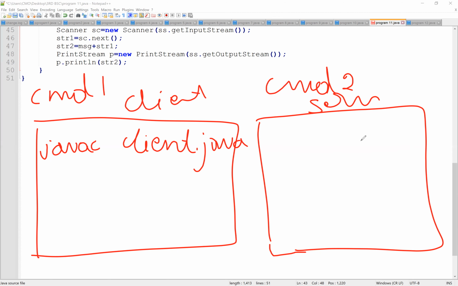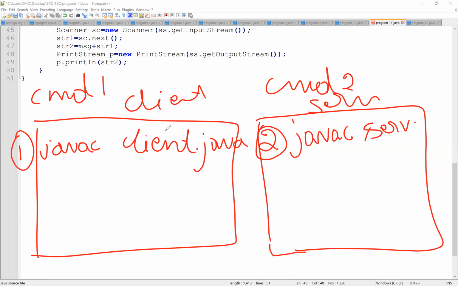This is our first step. The second step will be in server side, that is, you need to compile your server program: javac server.java.